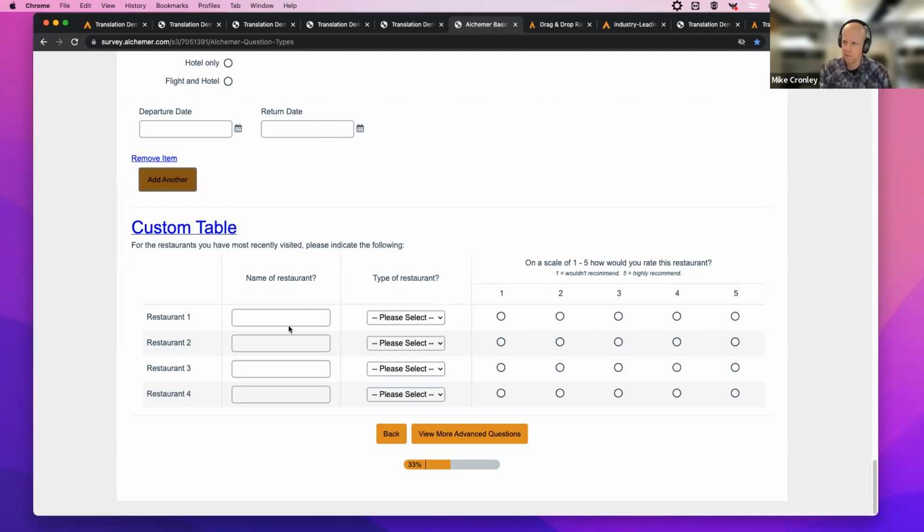But again, it's a very unique use case, and it could be helpful if you have, say, Health Department 1, Health Department 2, Health Department 3, what's the name, what's the drop down pick. So lots of options there in this kind of grid format.